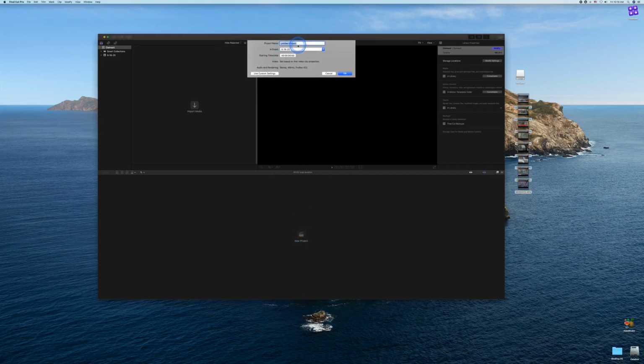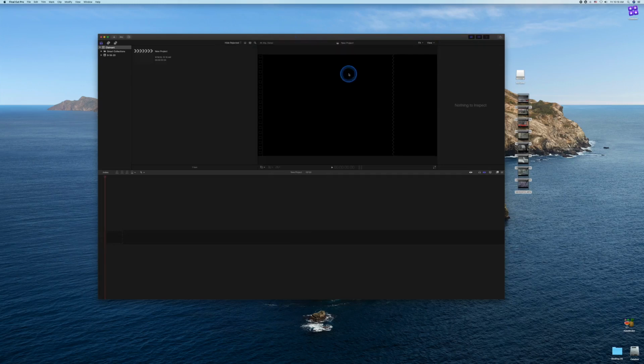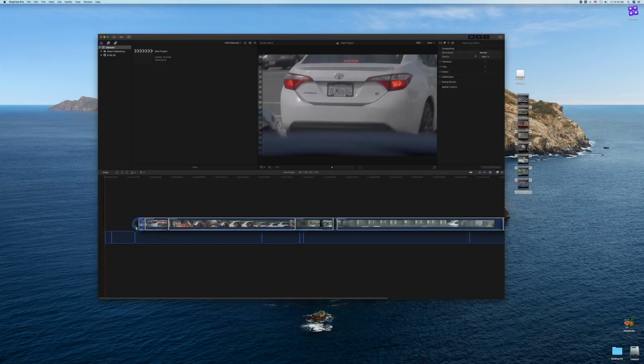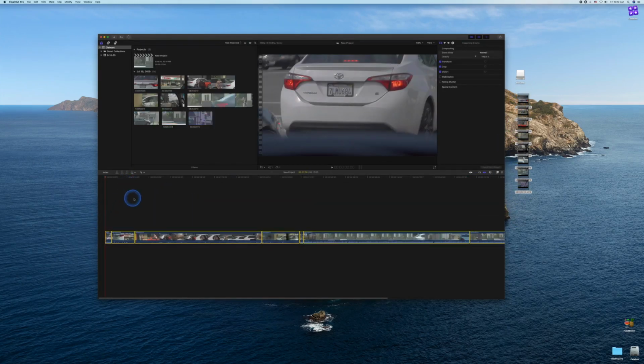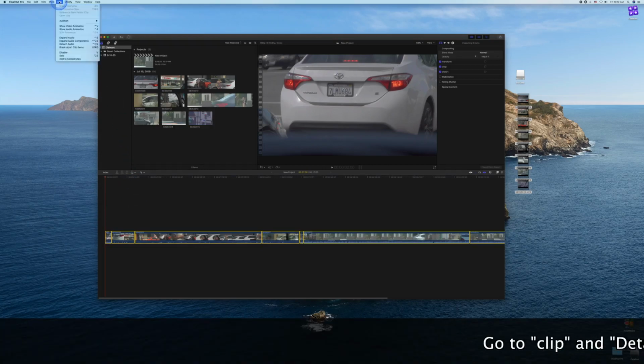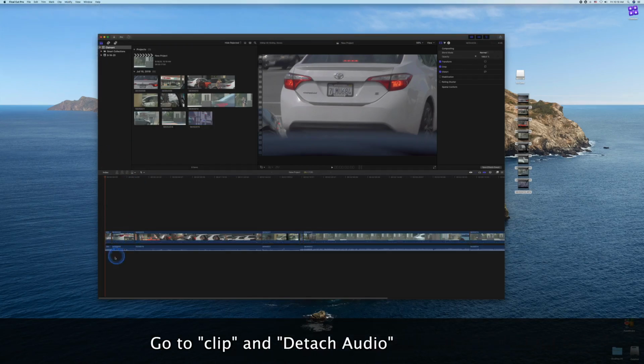I'm going to start a new project. Now that I've got my new project started, I'm going to drag my video clips down below. While everything's still highlighted, I like to go up to the upper left. I go to detach audio. We're going to do the same thing. We're going to select the first